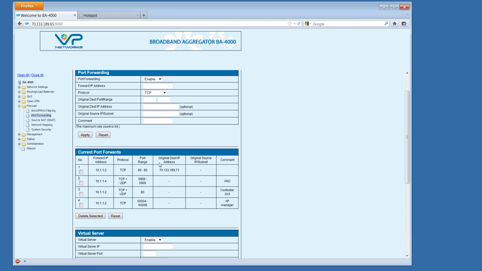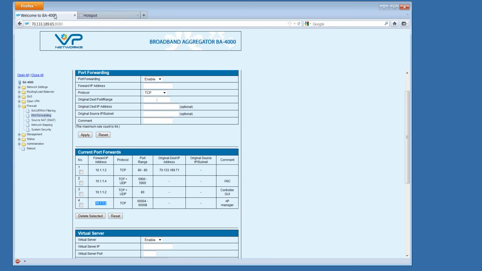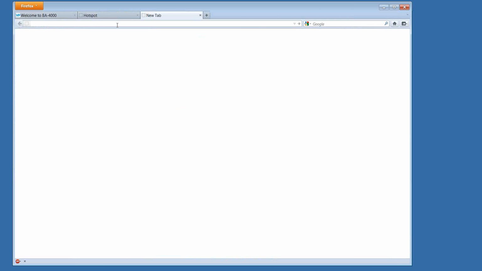And looking back at the table, now we have a port forwarding rule so that incoming traffic to port 60,004 through 60,008 is going to get forwarded to our 3560 at 10.1.1.2. And now if we go back to our hotspot, we'll do it this way. So if we go to the IP address of our 4000, which was that .65 address,